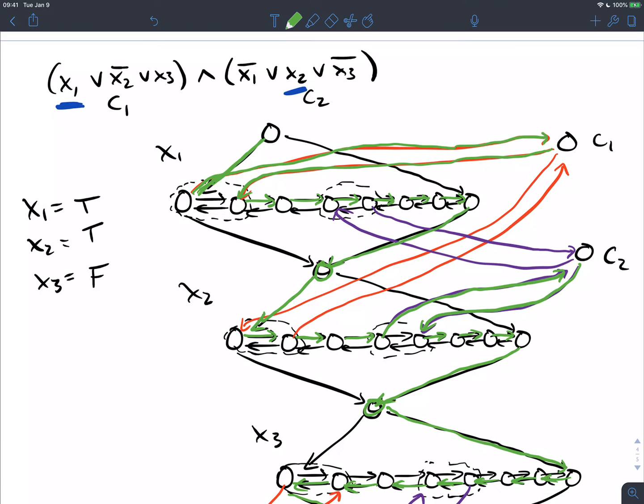Well, let's see. I have to start from the top vertex, no matter what. So any Hamiltonian path must start there. I must go down either of the two directions. And then, for that reason, I must go over in one of the two directions. Then, whichever of the two directions it is, set the variable accordingly, depending on which of the directions that you